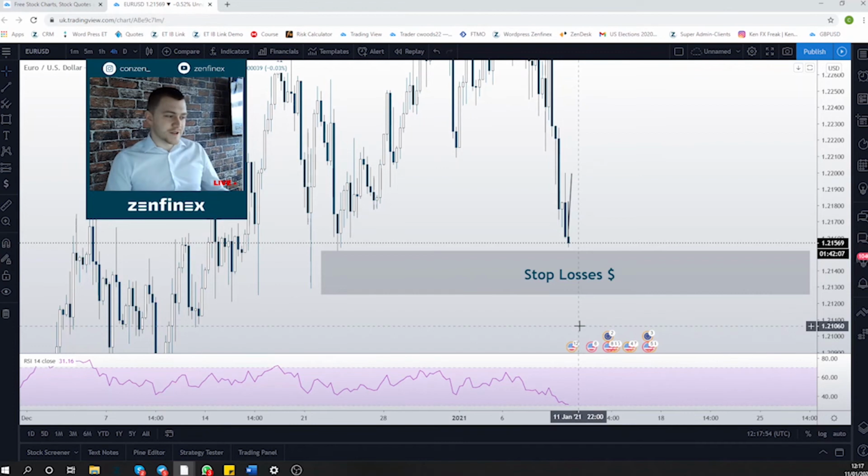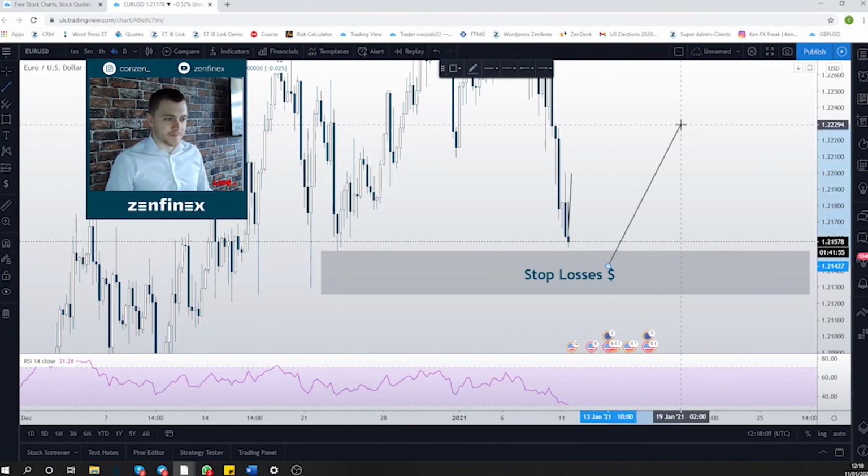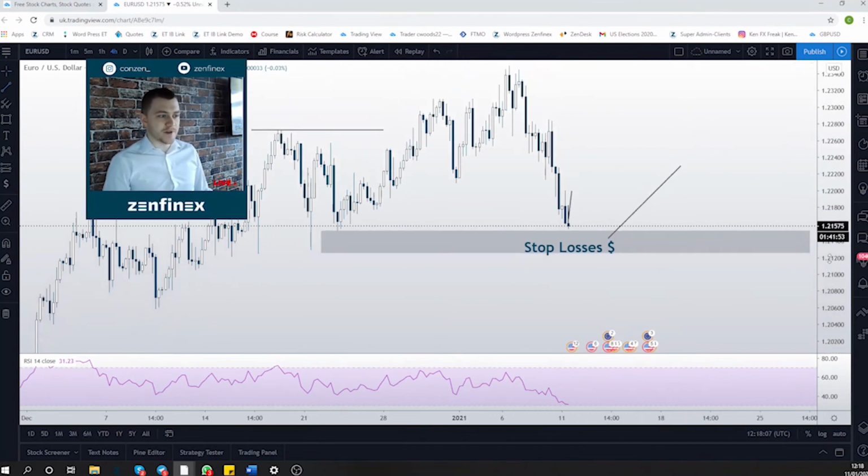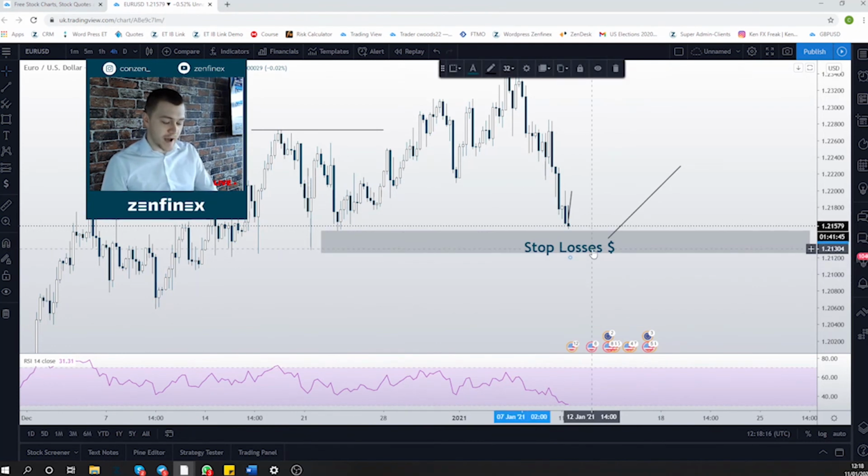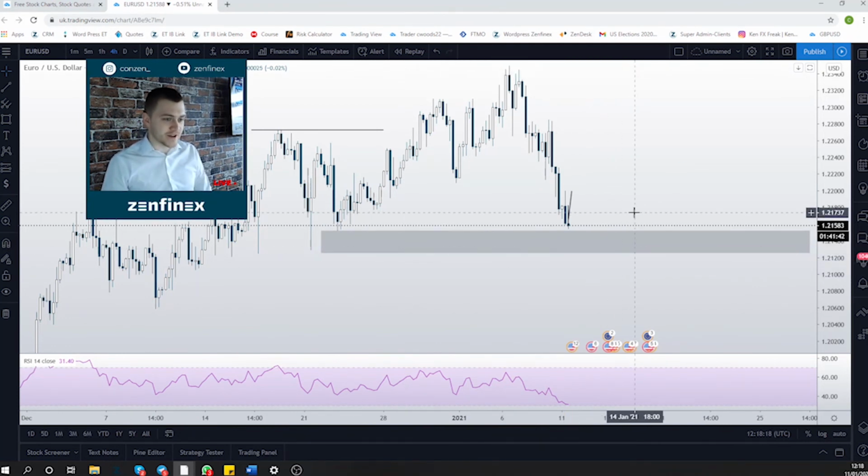What the big players like to do is run the market into where all the stop losses are, take all the retail traders out of the market. This gives them their liquidity for a push higher. A lot of the time it traps retail traders and squeezes them into positions they don't want to be in. So this is something I'm going to be looking out for as well, because it has happened before. It happens all the time, and it's actually a nice trading strategy if you can start to think of the market in that way, from an institutional side.